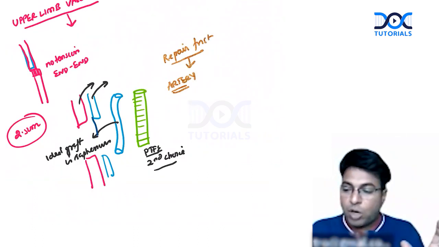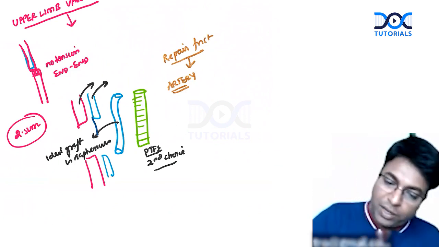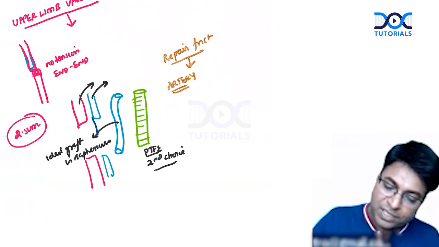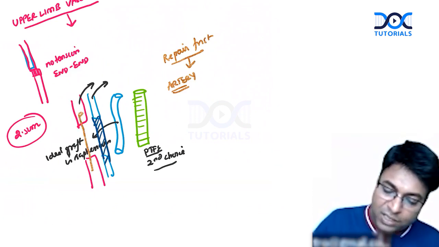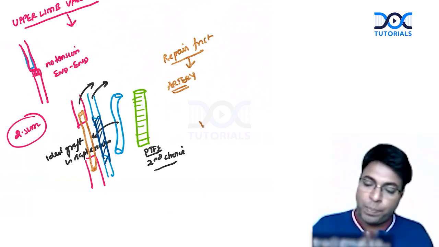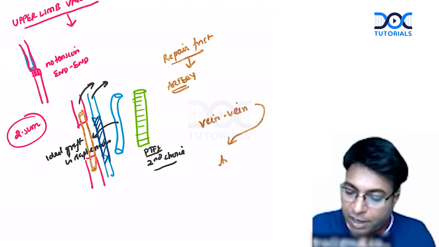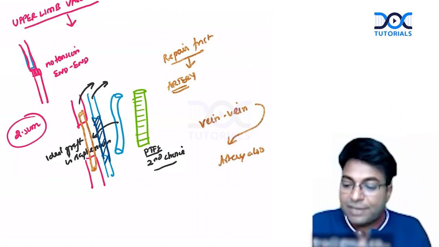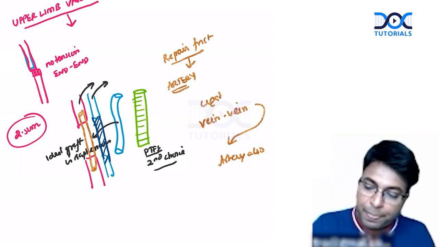If there is a venous compromise seen, you want to save the venous flow, you can do vein to vein anastomosis first. Meanwhile, what I will do is I will put a temporary stent inside the artery like this. You can put a temporary stent in the artery and we can do vein to vein reconstruction first, followed by artery also. In fact, if the vein is having a good collateral, we can even ligate the vein.